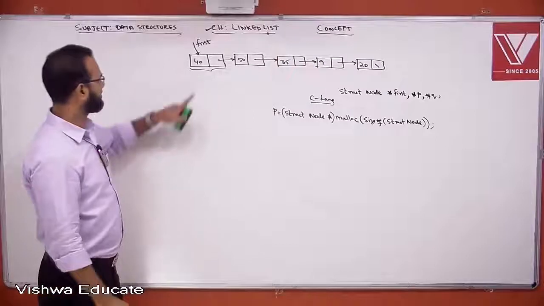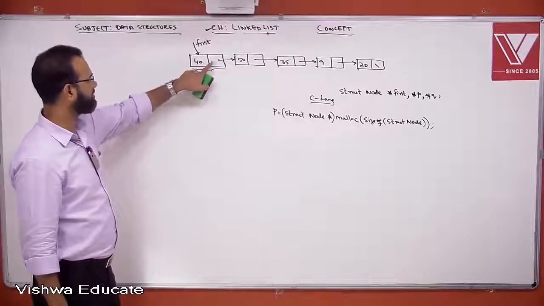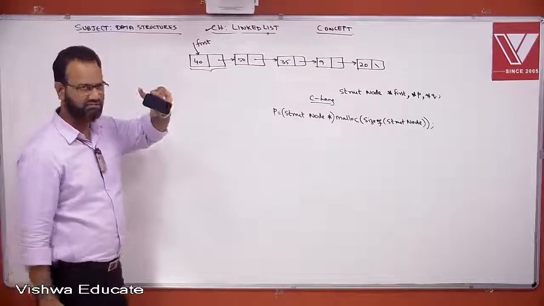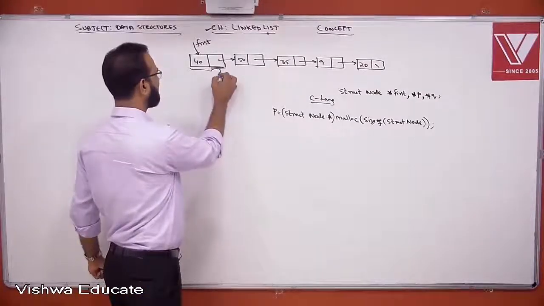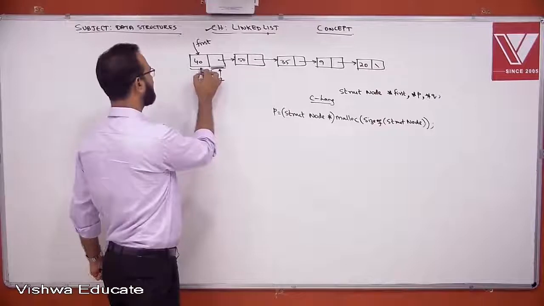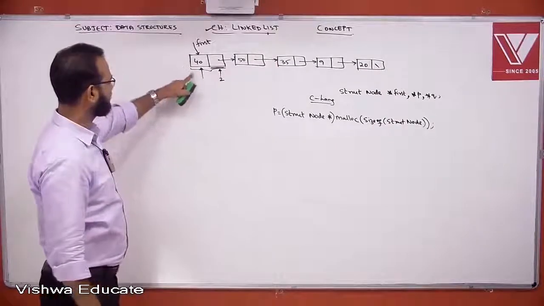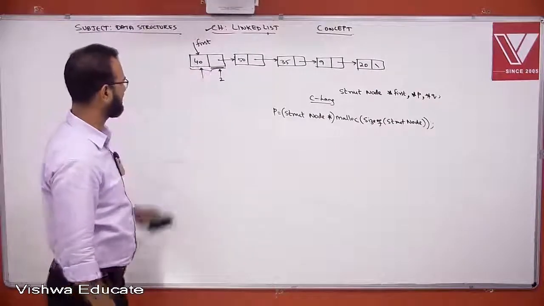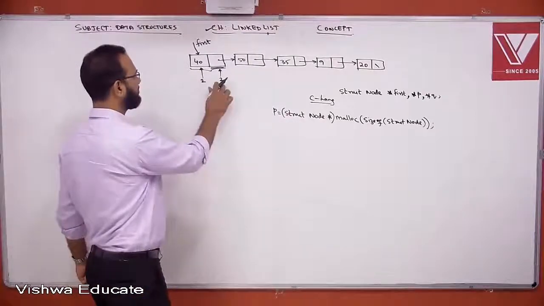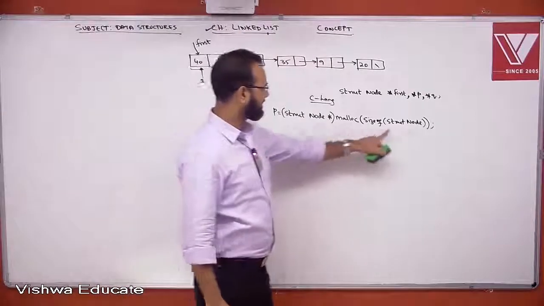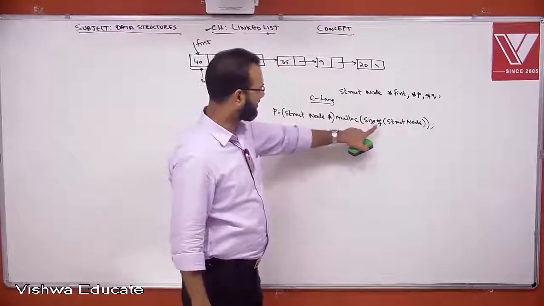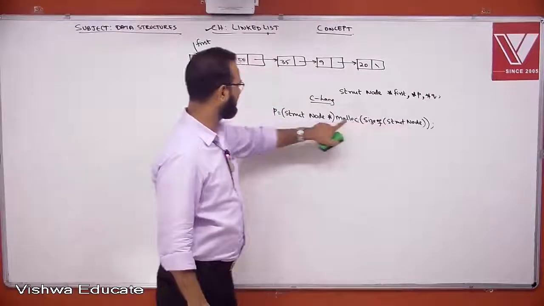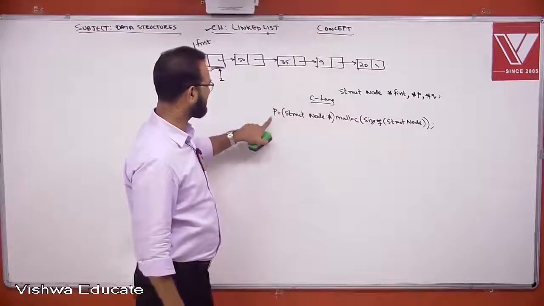I don't know the size of this particular one. If it is integer, 2 bytes plus pointer always takes 2 bytes. That is fixed. For pointer, 2 bytes of memory is fixed, but for this one it is variable. If it is integer 2 bytes, if it is float 4 bytes, like that it is going to be. So 2 plus 2, we don't know what exactly the size is. So malloc function allocates the memory based upon the size of the structure node, typecast it, stores the address into